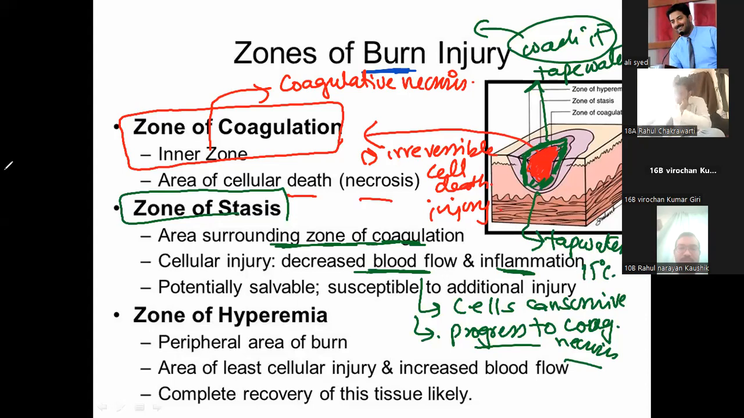And now the most outer one is your zone of hyperemia. This is the area which has good blood supply. It is not damaged. So this is the peripheral area of the burn injury. Least cellular injury, high blood flow. So this area will completely recover. Okay. So these are your